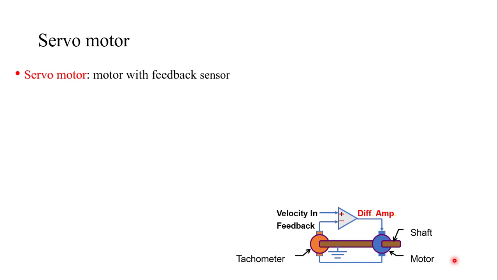This is not the way CNC works, because whenever you are cutting, you need a specific rotating speed, which is let's say 1000 RPM. But if your motor is rotating at 900 RPM, then a feedback sensor will give the feedback to the MCU, and the MCU gives the instruction to the servo motor to run at 1000 RPM. Then the servo motor runs at 1000 RPM.